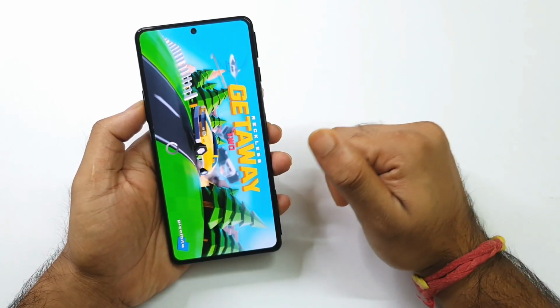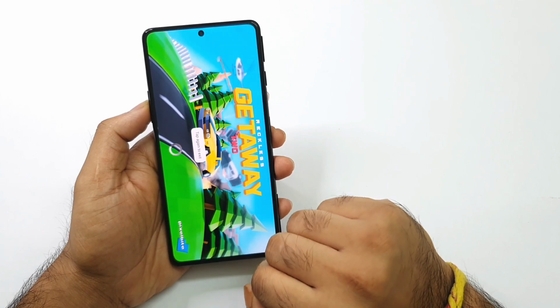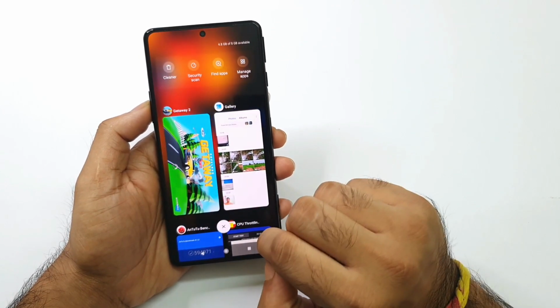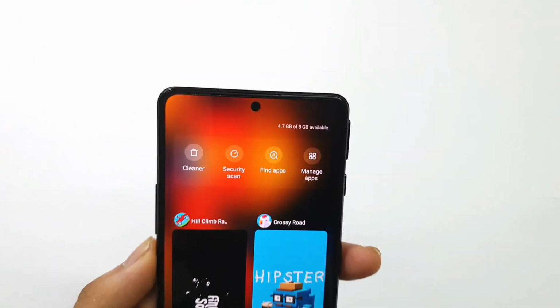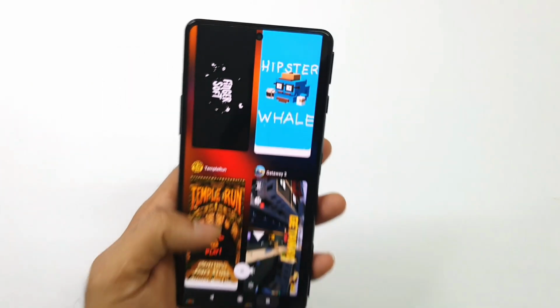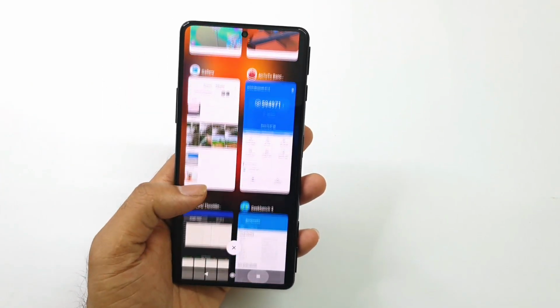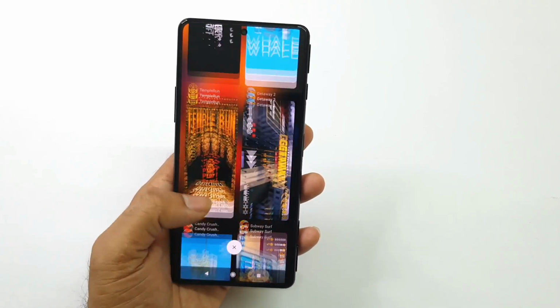Let me try to open the game as well. I'm just trying to show you what is happening in this kind of RAM management in this phone. It's not working accurately, not at all. It's staying exactly 4.8. Sometimes it increases. Let me try to open a couple more. As you can see, friends, right now it's showing 4.7 GB out of 8 GB after opening all these games and applications as well. But still, it's not consistent at all in terms of the RAM management